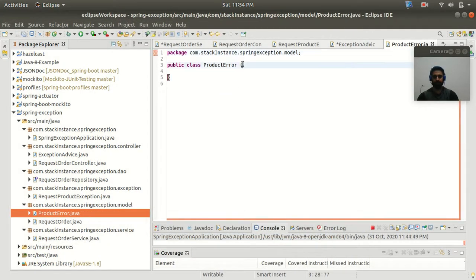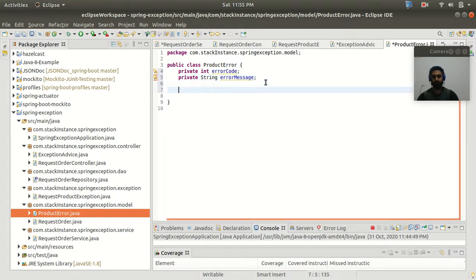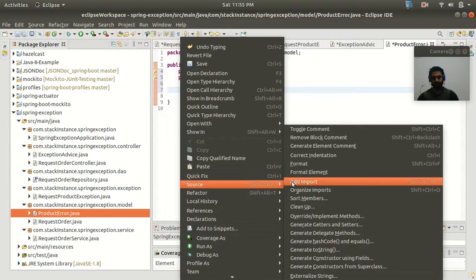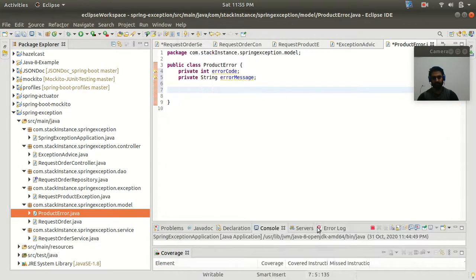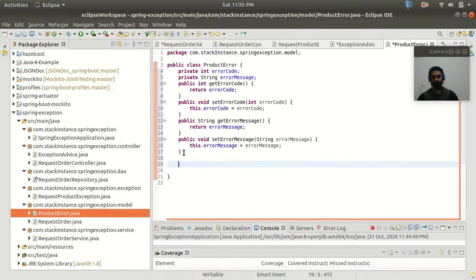So this ProductError has two properties. Let's say private Integer as errorCode, and another of a String type with the name errorMessage. So here guys, these are the two properties I have added to my ProductError model class. Let me add the constructors and the getter and setter methods first.